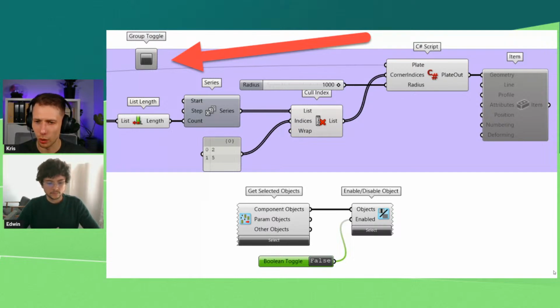They can be downloaded from MetaHopper. So if you download MetaHopper, the two components are there. The first one, group toggle, is just a button. So you can see here, maybe I can just show my laser, here is a toggle group. When you add this one small button to the group, so it will be inside the group, and if you click it, it will disable all the components. And when enabling, all the components will be enabled.